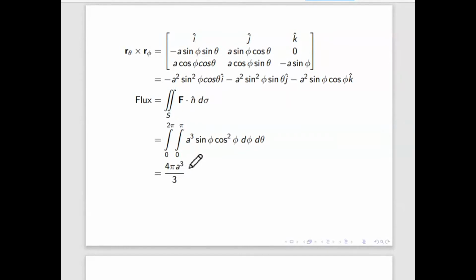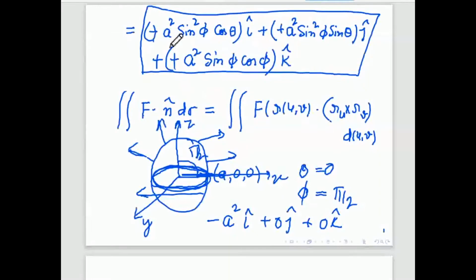So in this flux you have to remember which direction the normal is. That's why, to check which direction, I took one point A, 0, 0, and based on that point I concluded this is the normal at this point and it is in the reverse direction, inside, not outside. So we always have to take the outward normal.